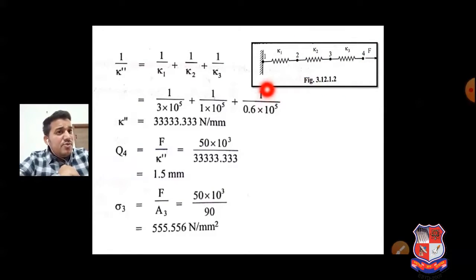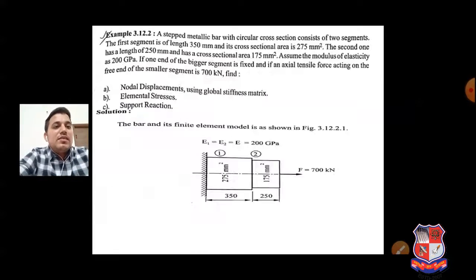If I ask you why it is not available at node number 1, then we simply answer that at node number 1 it is a fixed cantilever beam. So here a fixed support is there. When the fixed support is there, Q1 is equal to 0, and at that place we cannot find any stress because this is a node, not an element. If we have an element, then we can find the stress. Clear? This is the most important thing to know during the example.